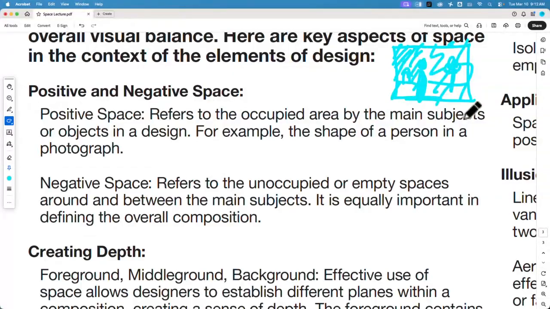So even if you have a design piece and you have a title and some words, and you have a bunch of circles and designs in it, the positive space is the stuff that you want people to pay attention to, and the negative space is kind of like the design stuff you put in the background. It is equally important. If you don't have any negative space in a piece,